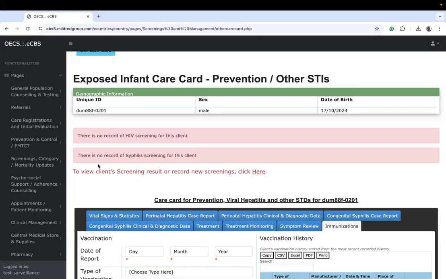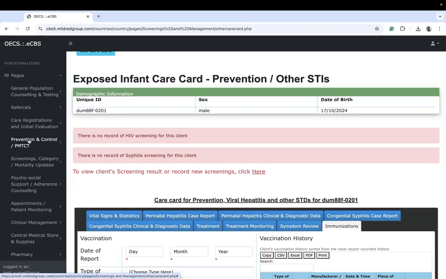Okay, so we have other parts of the system that we have not looked at, which is contact tracing. We looked at the case of Bruno yesterday, and we did the contact listing for Bruno. So we have a lot of contacts to work with. When you are doing contact tracing, you should have the prevention control permission, and you will see